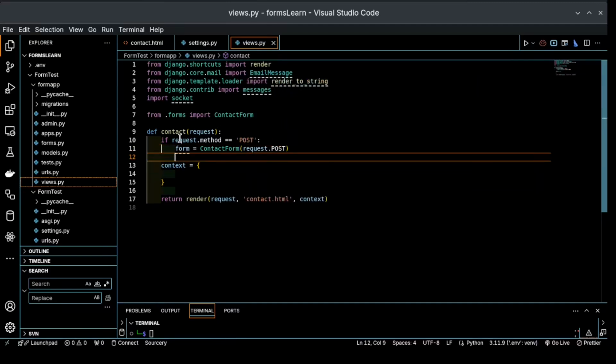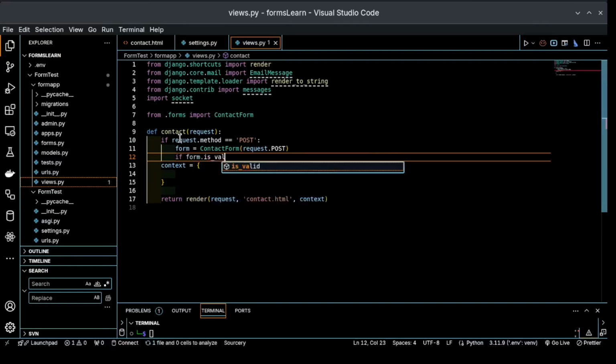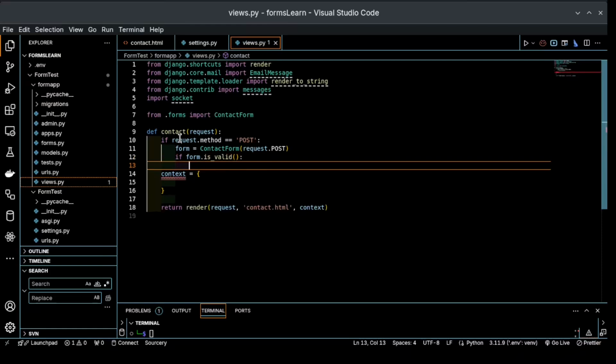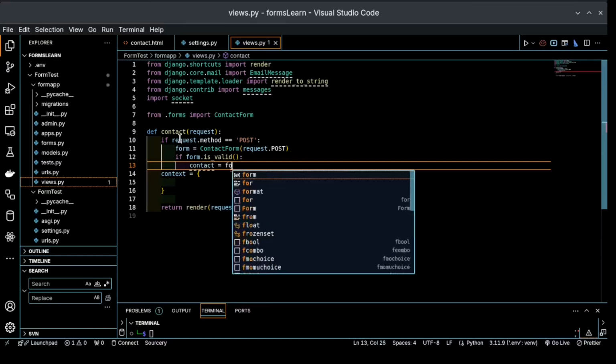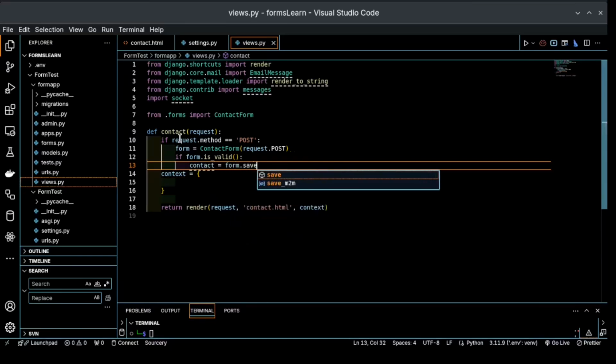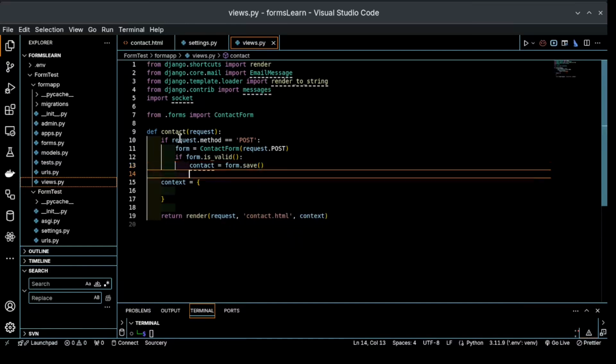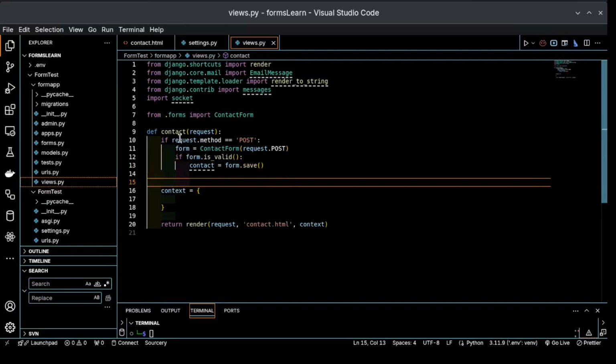Let's now validate that form. Say if form.is_valid. If the form is valid, now we save the contact data to the database. So we say contact equals to form.save. And then the next part, we need to prepare the email content using